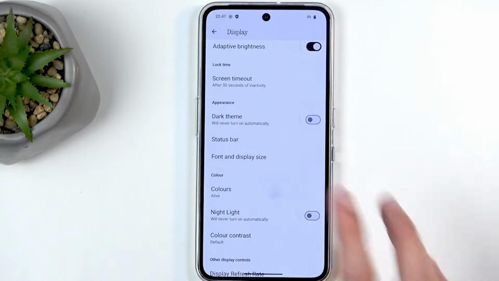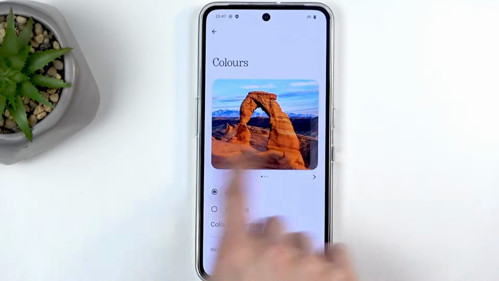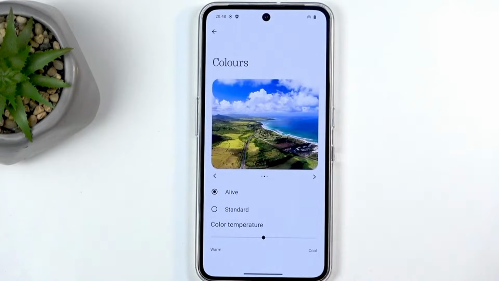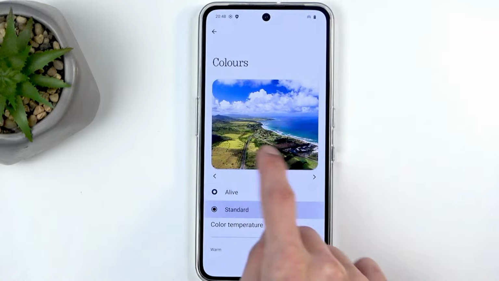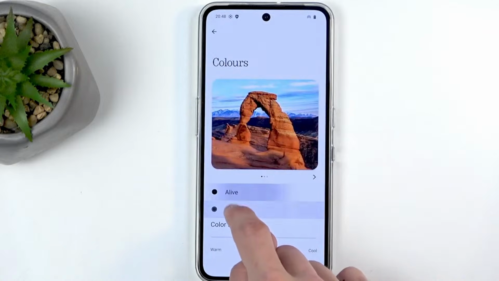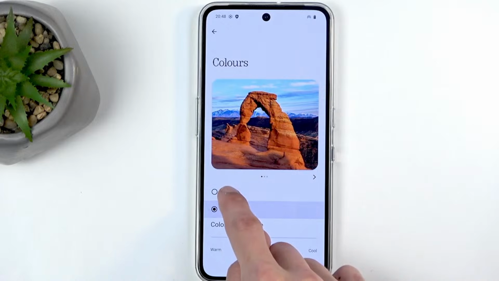And here we have colors. Now this is just display colors. Right here we have a couple of little images that you can flip through. And we have two different options. We have the standard and vivid. Is anything even changing? Okay, so there is a